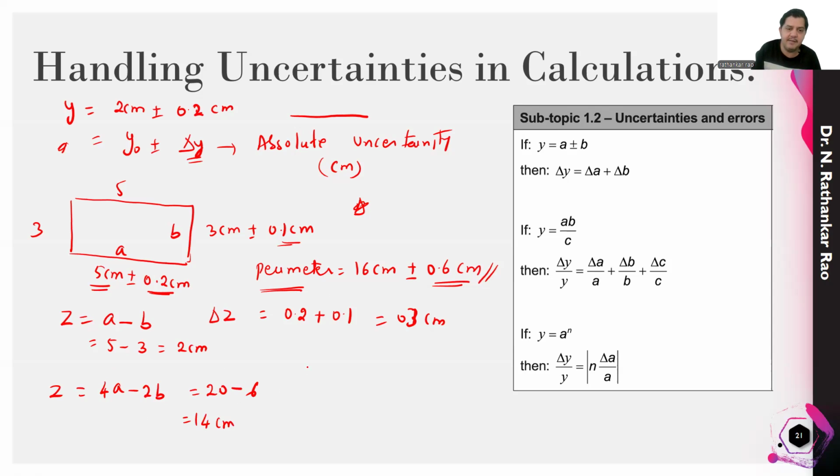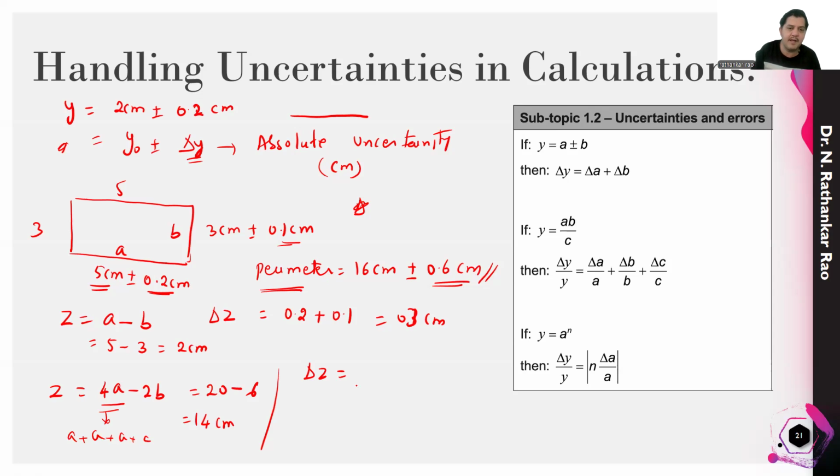And what do I need? I need the value of delta Z. What is the value of delta Z in this? See, what do you mean by 4A? 4A is nothing but A plus A plus A plus A. Don't take only one value, which means what? A is nothing but 0.2 plus 0.2 plus 0.2 plus 0.2,